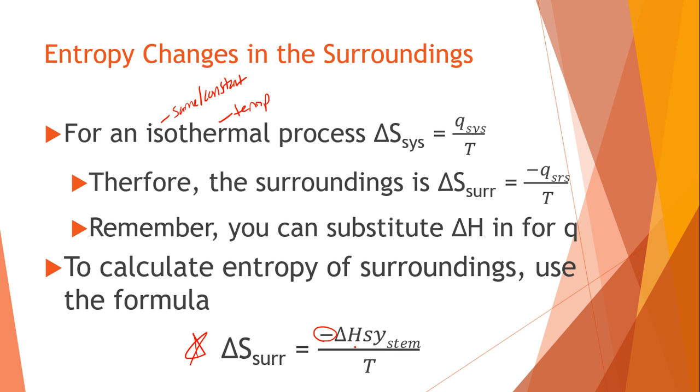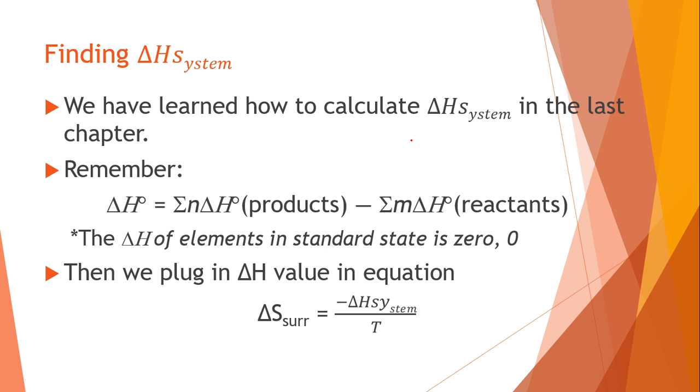You might be wondering, well, how do I find that delta H value? So here that delta H value is calculated the same way we did last chapter. You're going to be using the delta H values on that thermodynamic help sheet rather than the delta S values. Same concept, the sum of the products minus the sum of the reactants. One thing I want you to know is the n and the m values. Both of those come from the coefficients